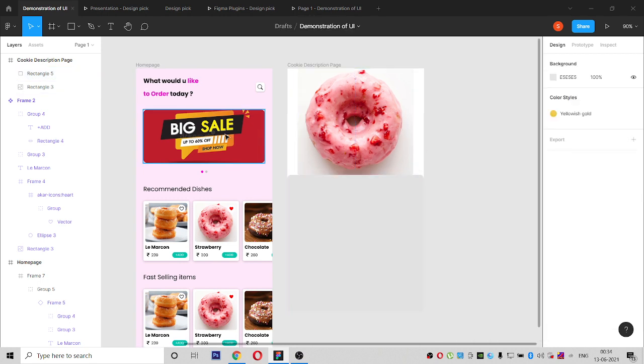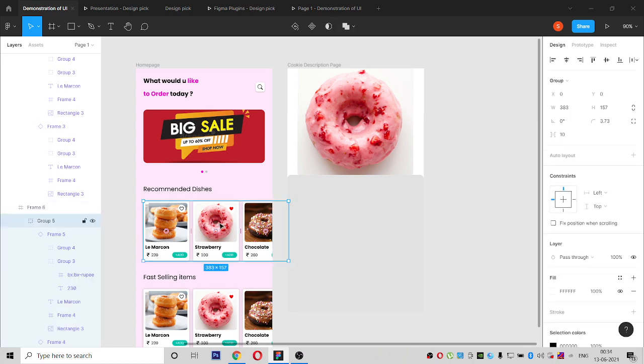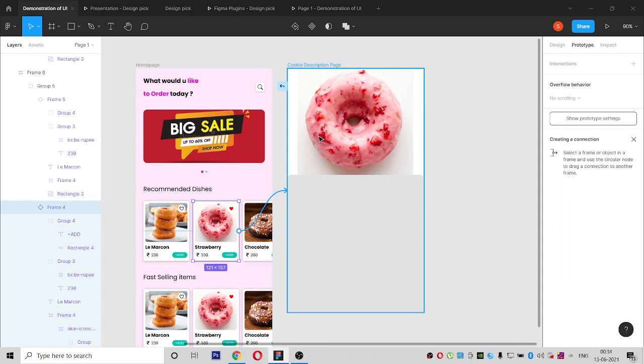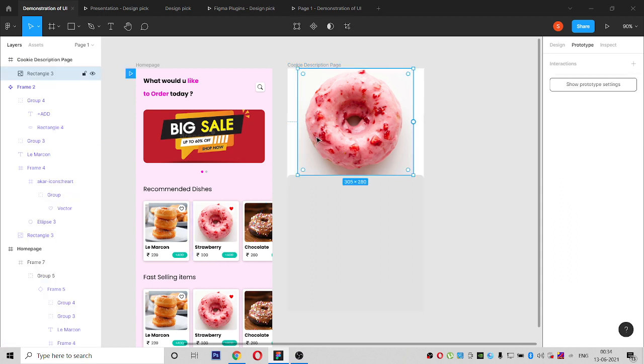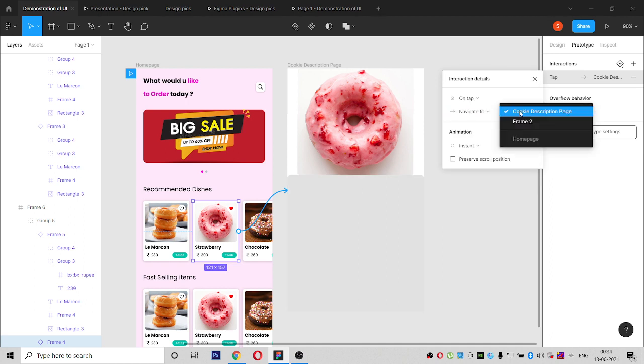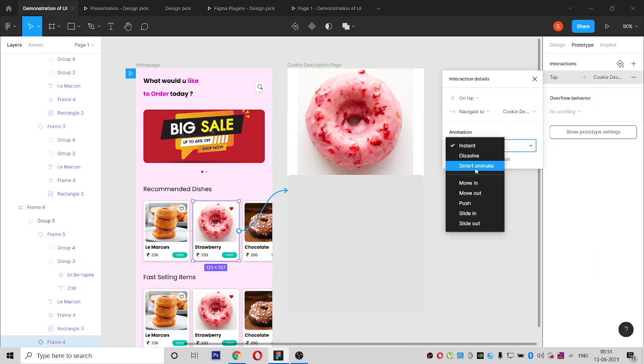So how I'm going to show it is, if you are navigating from this portion to this screen, we have to give the prototype link for the particular product, and on tapping it should navigate to the cookie description page. It can be smart animate, dissolve, smart, move in, move out. All these have some characteristics as I showed you.